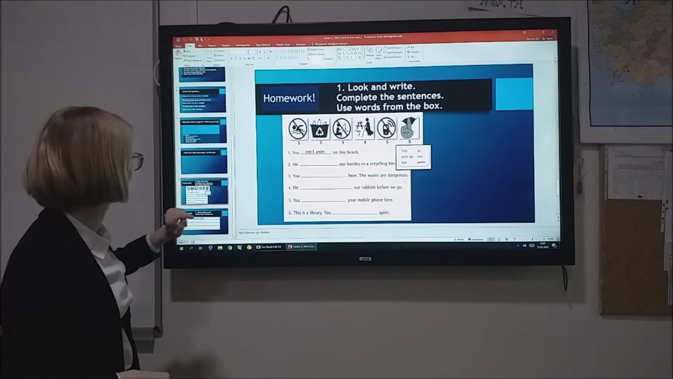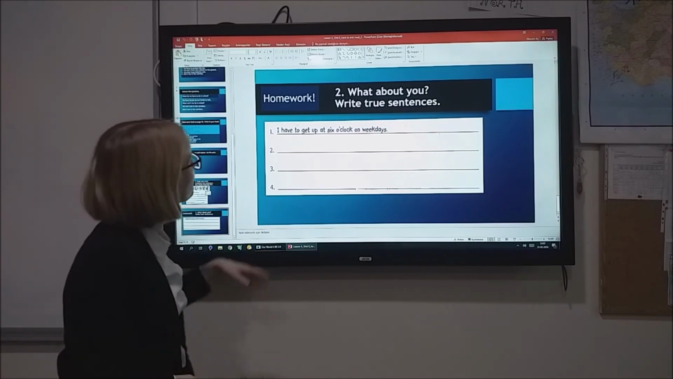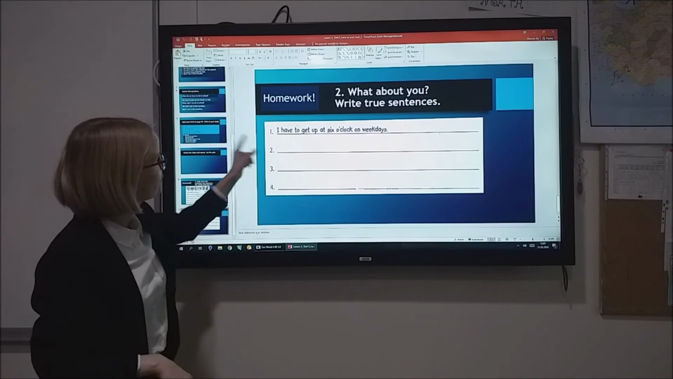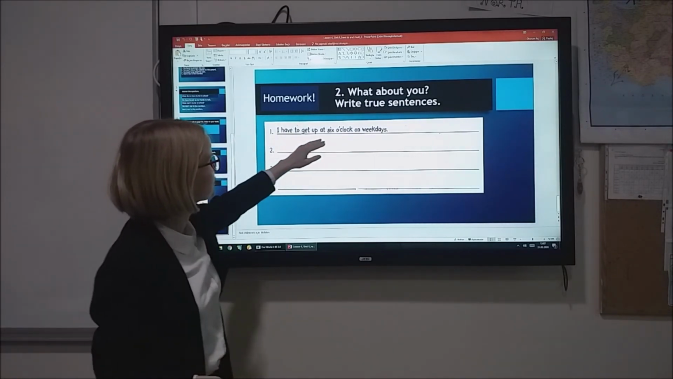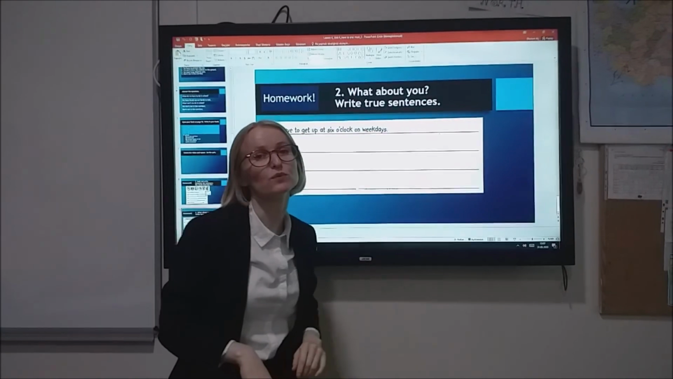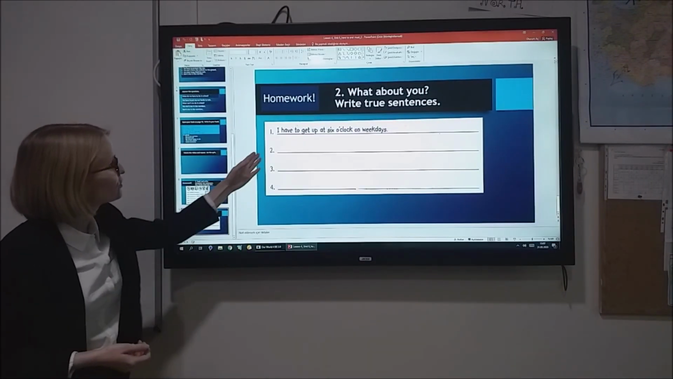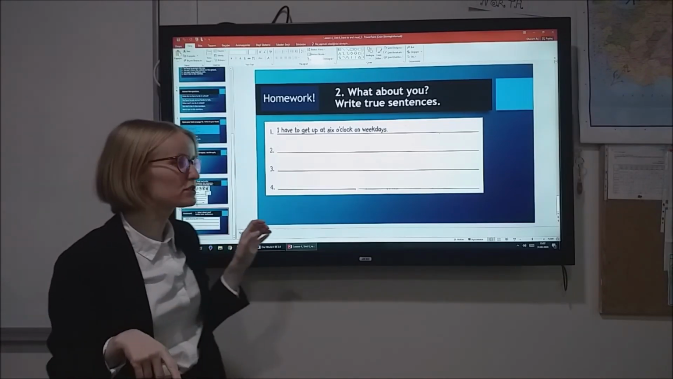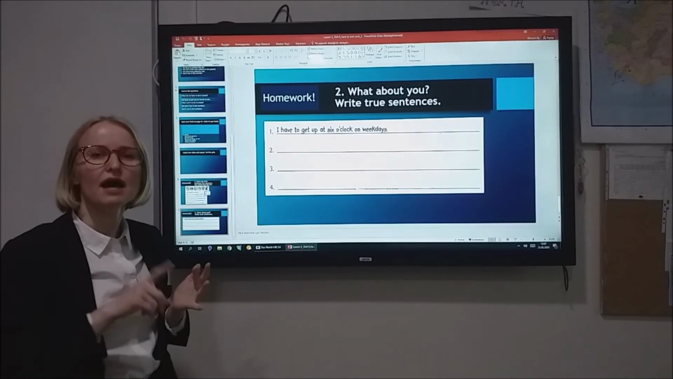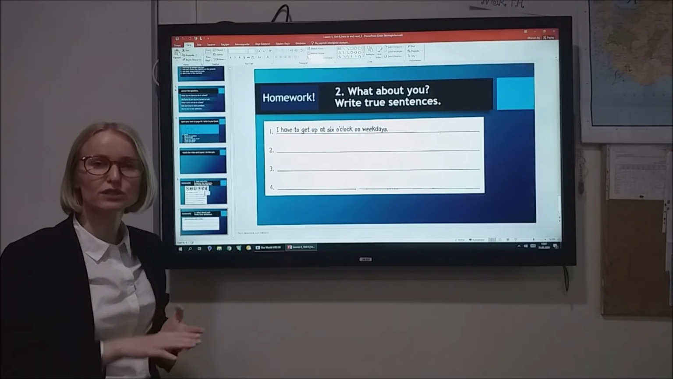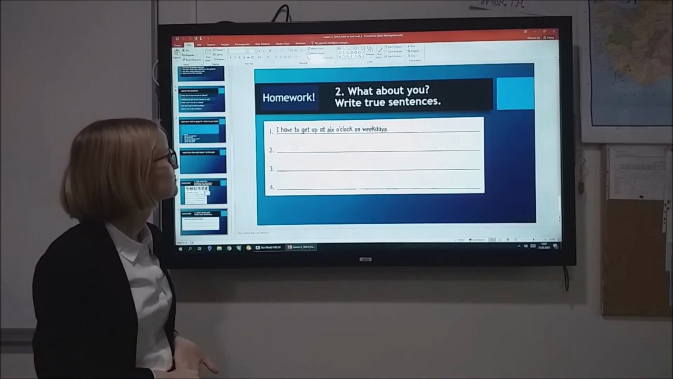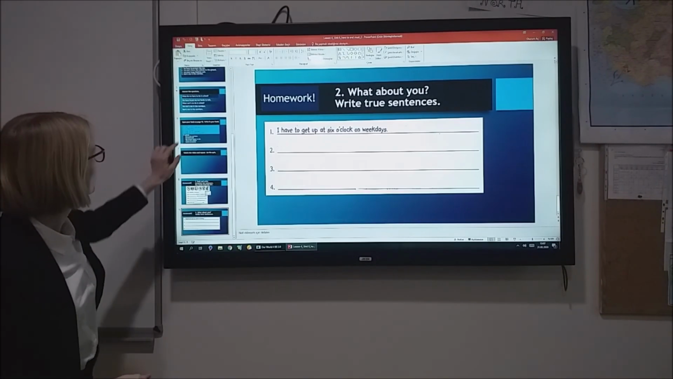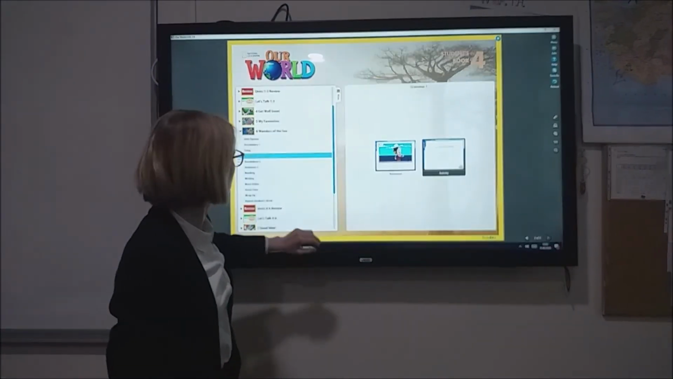to complete this activity. And activity number 2, what about you? Write true sentences about you. For example, 1, I have to get up at 6 o'clock on weekends. 2, for example, you should use have to again. Have to, must, don't, and can't. This will be your homework. 2 activities, 1 and 2, and activity